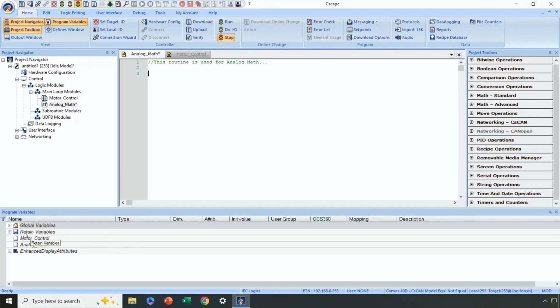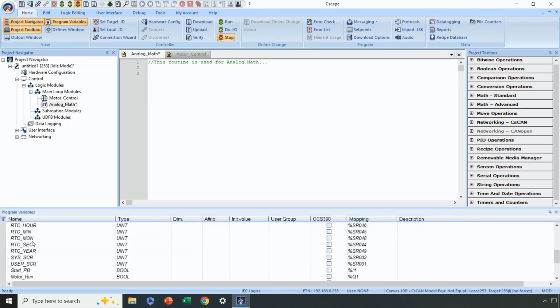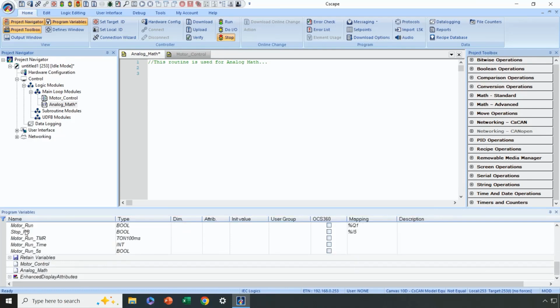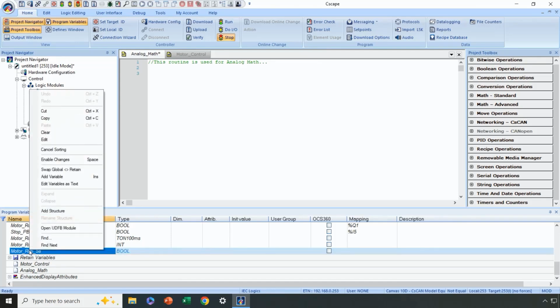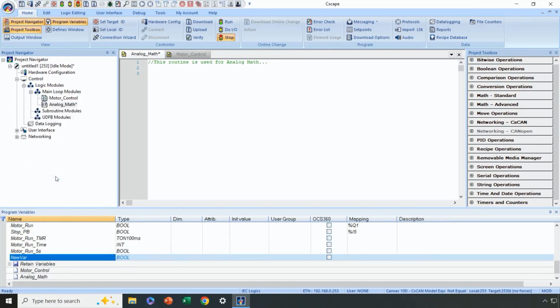We are going to go under global variables and we will see there are some that have already been established at the factory and the ones that we added already on the fly. They have been added to this list. We are going to right click within global variables and hit add variables, and then we are going to start